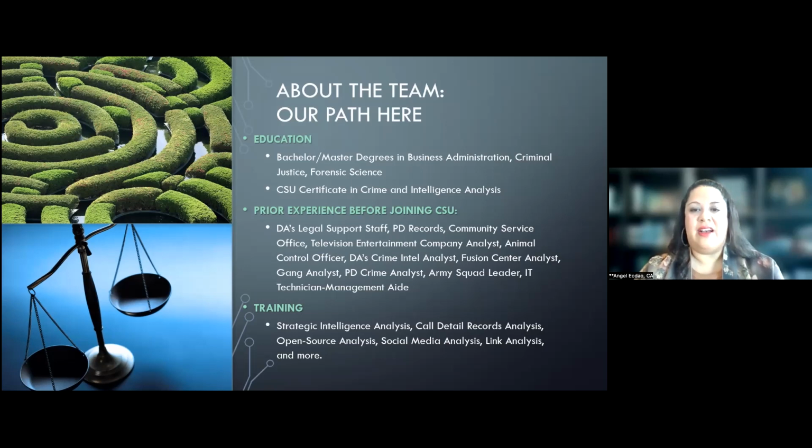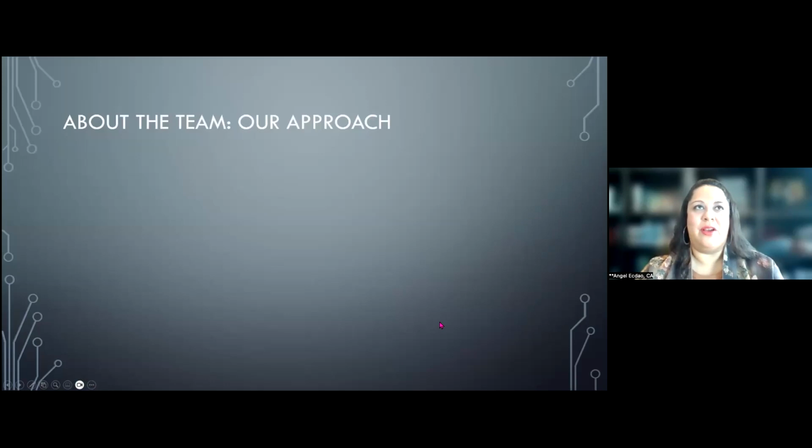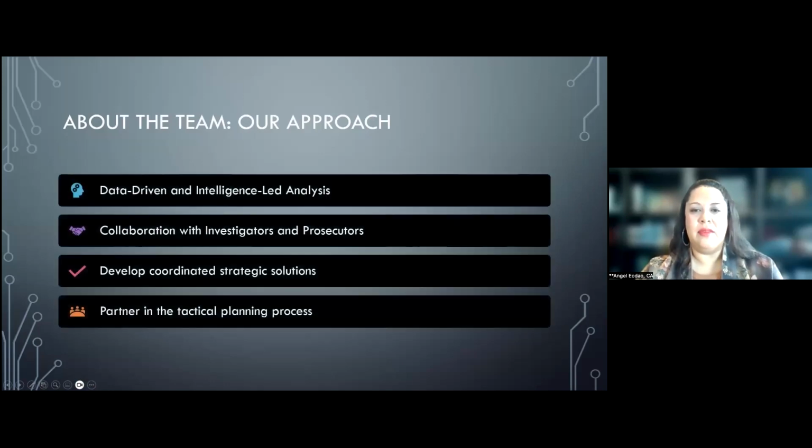So now that I've talked about how we all got here, I want to talk about our approach. We are a data-driven and intelligence-led unit. Collaboration is key, like I said, with our investigators and prosecutors, and also the law enforcement community that we support as well. It's really important that we develop those relationships. We focus on developing coordinated strategic solutions to the crime issues that we're addressing,